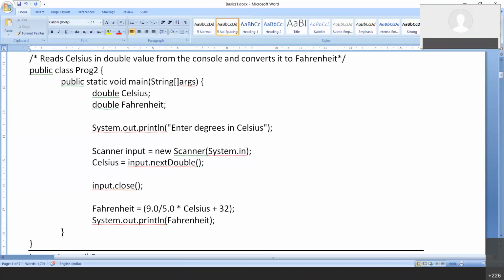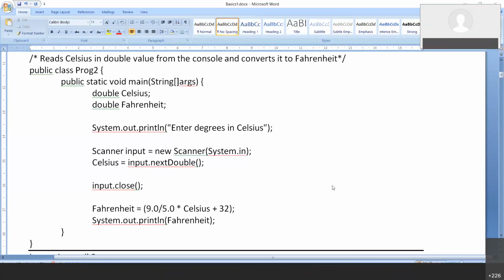Clear? Okay. Now if you look at the code, there is something like 9.0 divided by 5.0. Why did I do it? Let me explain this.